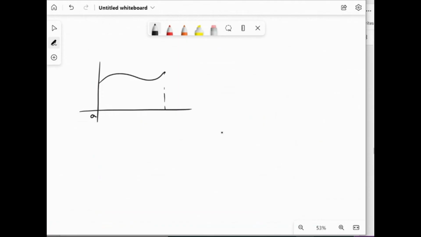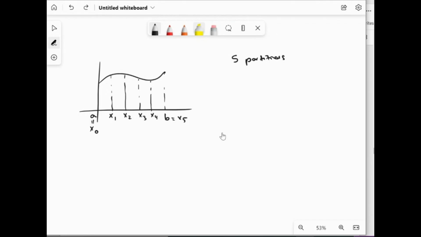So let's say this graph is changing from A to B, and we can divide it into several subintervals. In this case, this is going to be the initial point x0, x1, x2, x3, x4, and this is x5. Well, in fact, we divided it into 1, 2, 3, 4, 5 subintervals. So we made just 5 partitions,